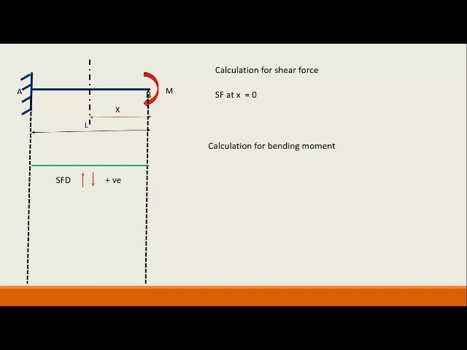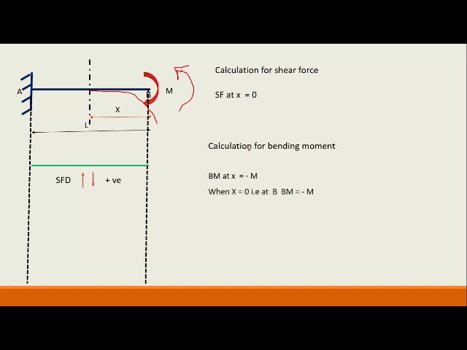Let us come to calculation of bending moment, and you will see the BM at x is minus M always, because it is a hogging moment. You will see that this type of moment is causing a bending which is deforming the section like this, or the beam like this, and will cause a hogging moment. If it is a moment like this in other way, it may cause a sagging moment itself also. So let us try to draw the bending moment diagram.